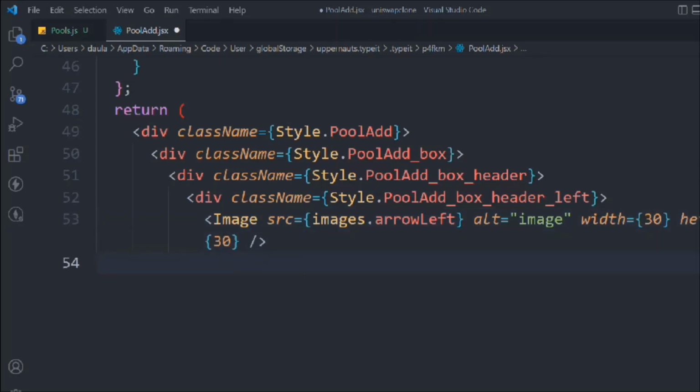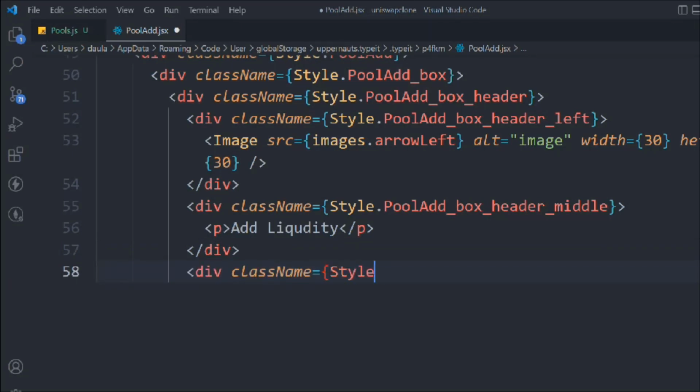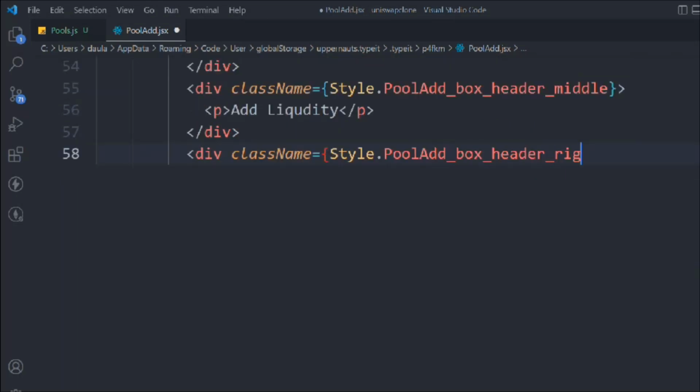Now we have to come down, and here we're going to close the div. Take another div. It will have a class. We'll say poolAddBoxHeaderMiddle, and inside that we're going to take a p tag. It will say add liquidity, and we'll come down, and here we're going to take a closing div. And now we have to take a div. It will have a class called style poolAddBoxHeaderRight, and on the right hand side we're going to take the p tag. It will say clear all,